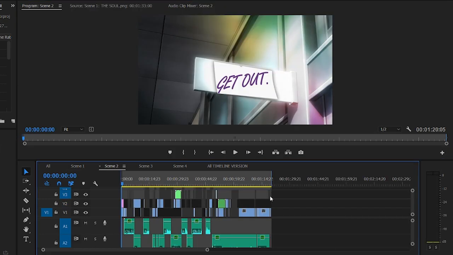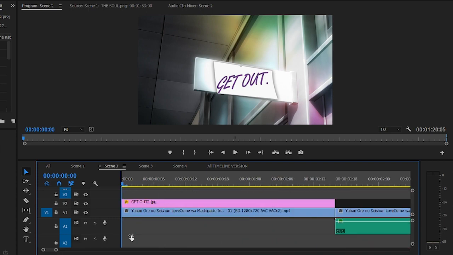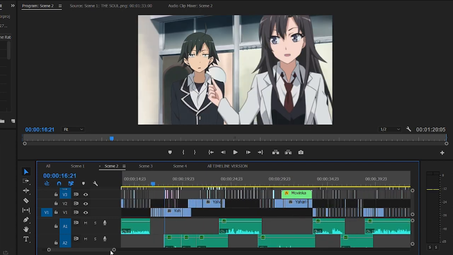In scene 2, I started off with this Get Out sign, written by Yukino. I took the original shot, which actually was already a blank room plate, but I wasn't sure if I should put it on paper or on the board. I figured the paper would make most sense. I also decided this font and color specifically was what would represent Yukino's handwriting from there on out, just because it's fancy and harsh and kind of pretentious, just like she is. So I made the sign in Photoshop, then put it in Premiere, and added motion for it to move with the establishing shot here.